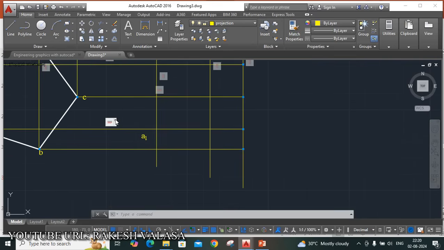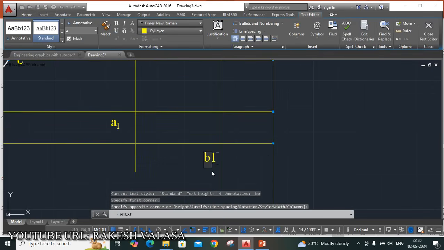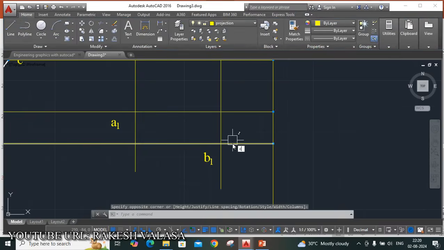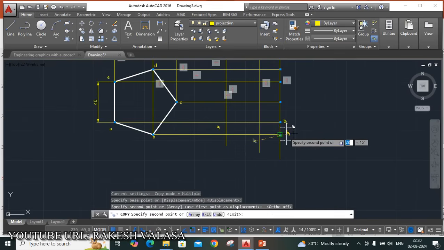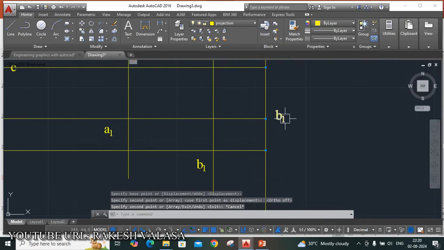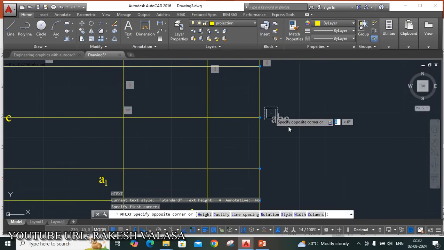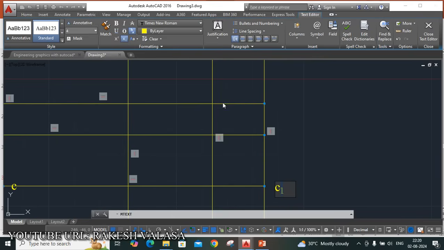T enter. This is the B1 subscript. Similarly, copy the same letters from this point to this. Sorry, this is not C1. This is the C horizontal projector and C vertical projector. This is the C1, and the 1 is the subscript. Next, this is the D.